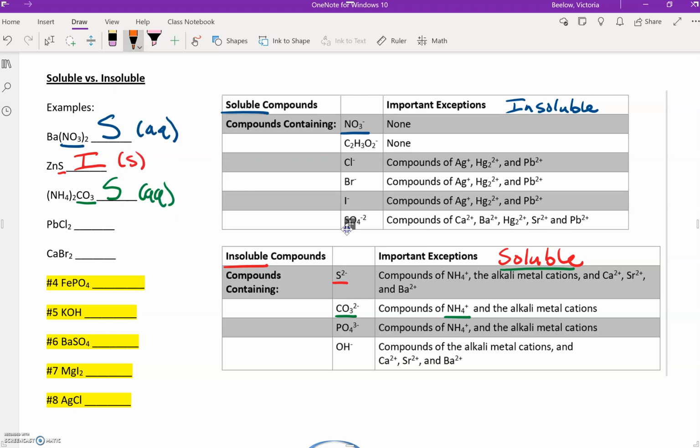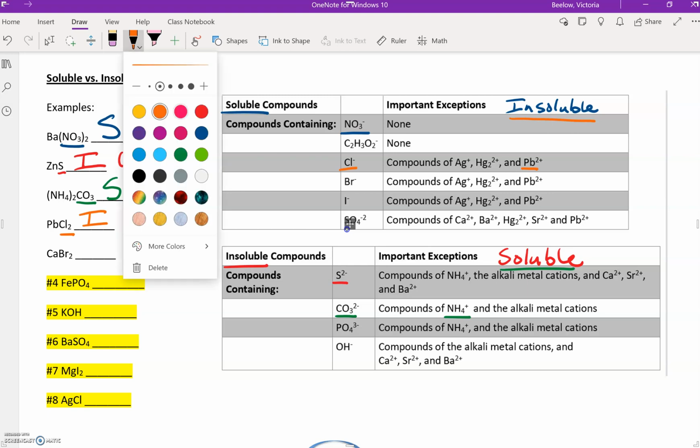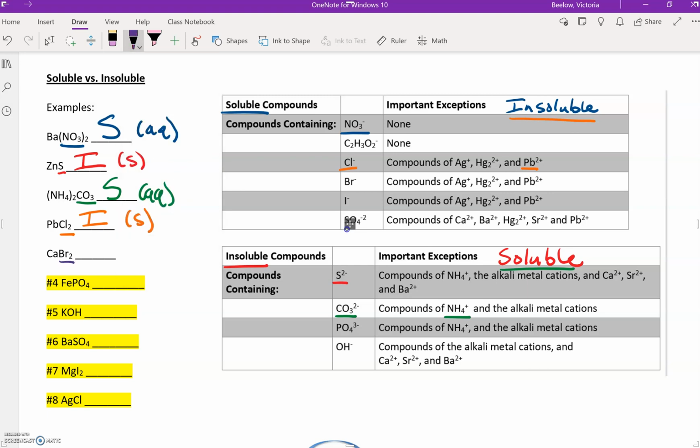Let's do another example problem with one of our exceptions on the top chart here. So we have PbCl2, so here is Cl, and I can see that Pb is listed as one of the exceptions, so therefore this compound would be insoluble and it would form a solid precipitate. And then lastly, we have CaBr2. Here is Br. I don't see calcium listed as one of the exceptions, so therefore this would be soluble